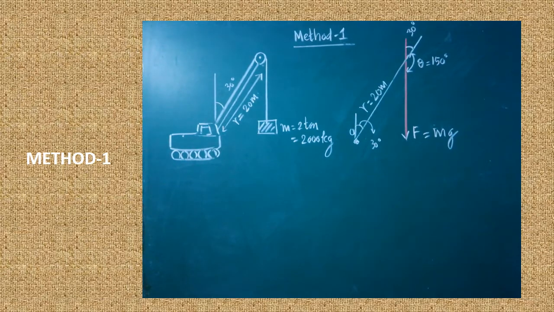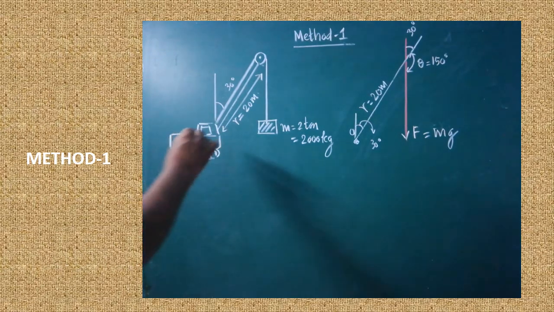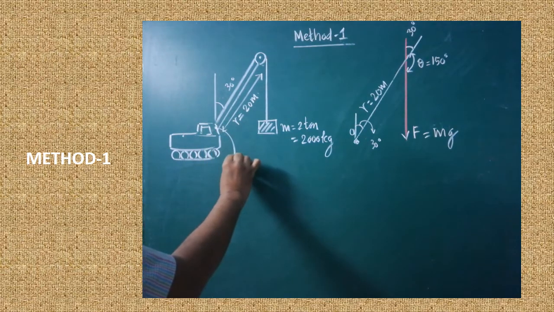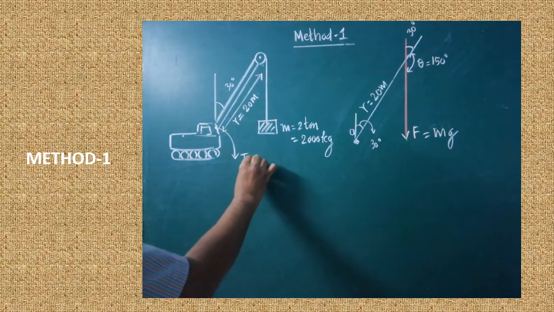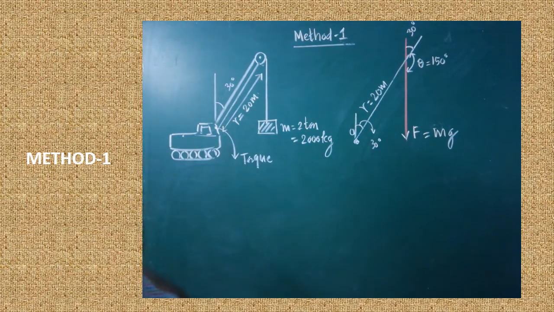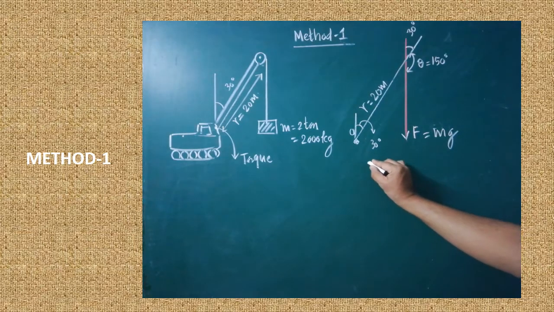We are going to calculate the torque acting at the fixed point. This is the point at which the torque is acting. Make a note. Torque is acting only here. To find the torque, there are 4 methods. I will teach you all 4 methods, and from all of them you will get the same answer. Are you clear? First, we will see the first method.